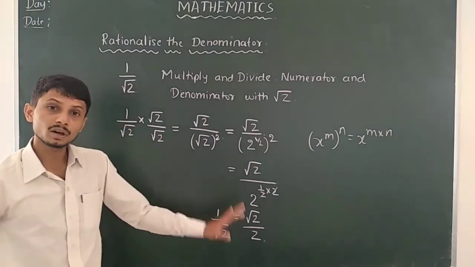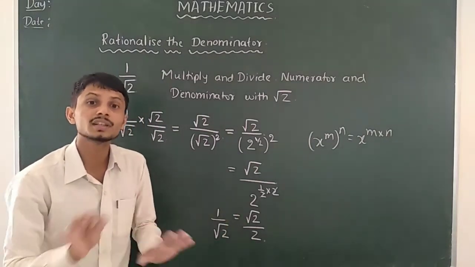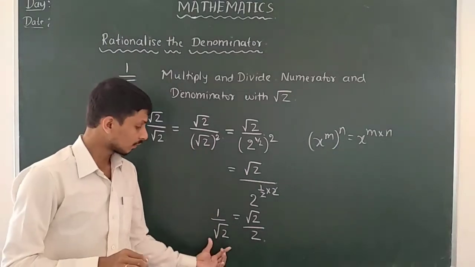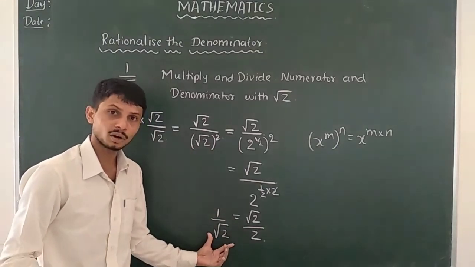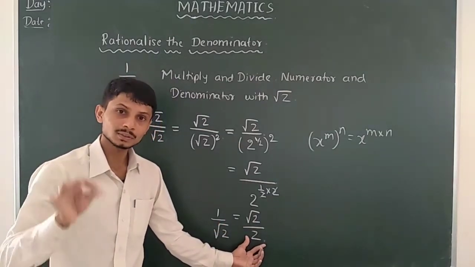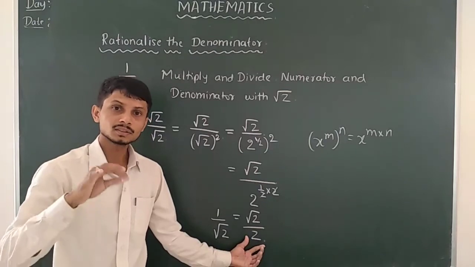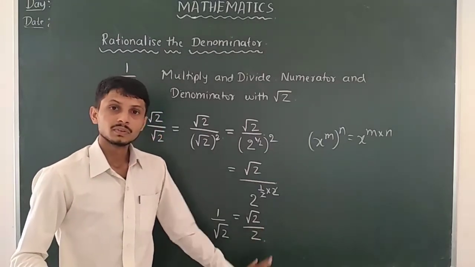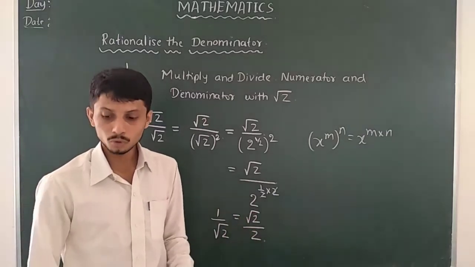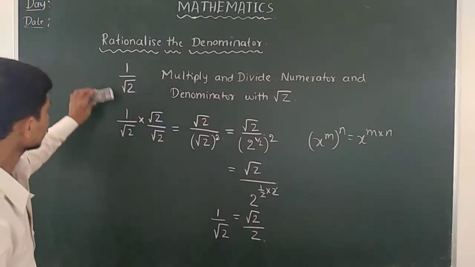The value of the number does not disturb here. Here we have to rationalize that number, that means we have to rationalize that denominator. So here it's in the form of 2, so that means 2 is a positive integer. So that means we already rationalized that number here. So let us move on to the next example.